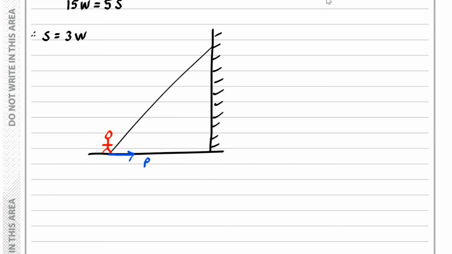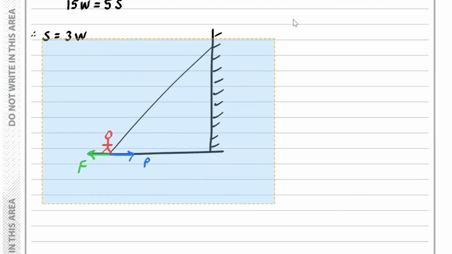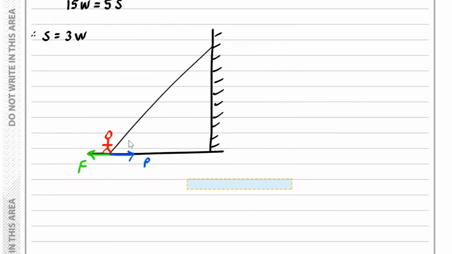And then what we have over here is friction opposing it, because the ladder is moving this way. So that's the first situation. And for the second situation,